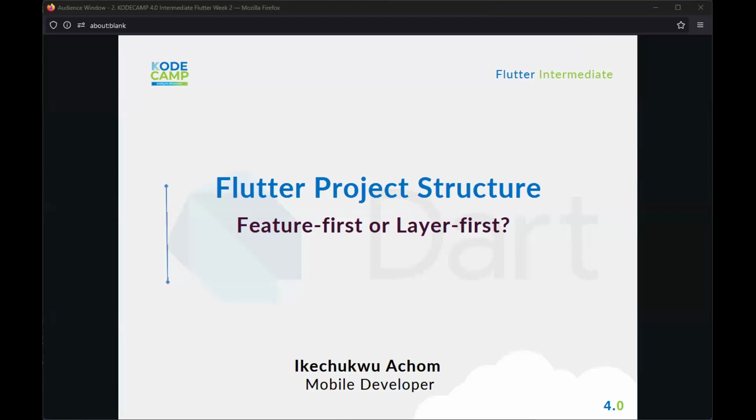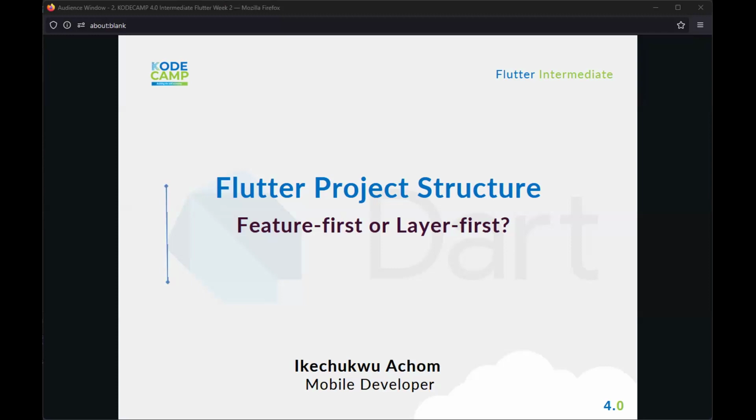In the last week, we looked into some Dart concepts. We talked about generics. We just did a brief intro into OOP and a little other stuff, right? So we're going to go into Flutter from this week, but I want us to start from